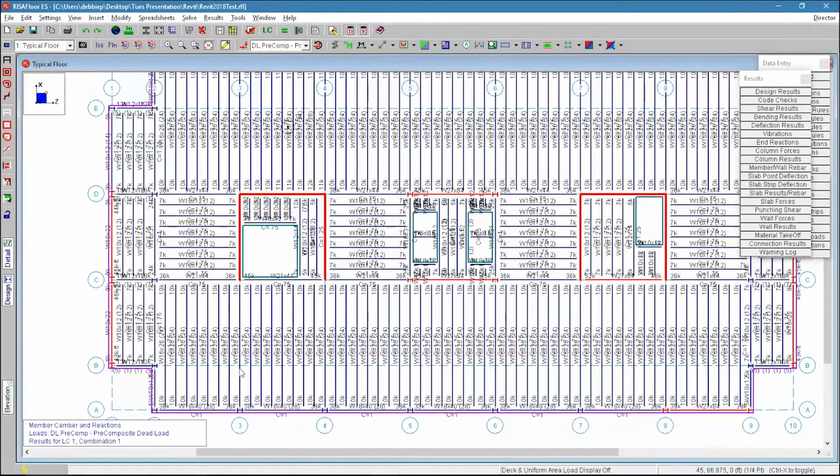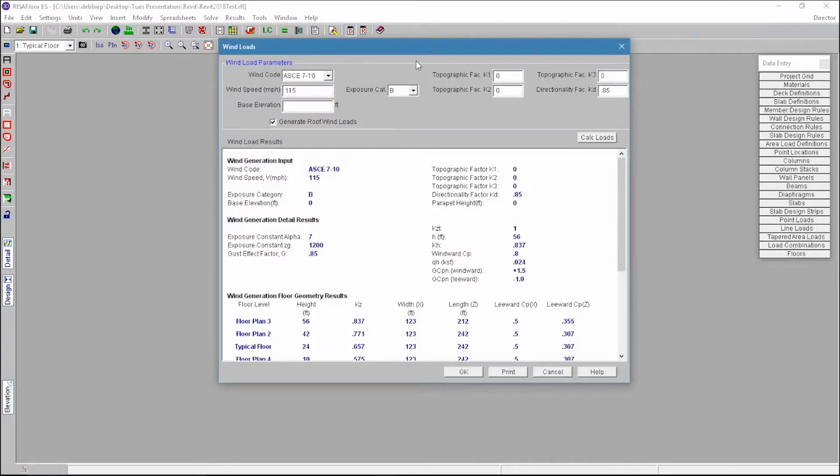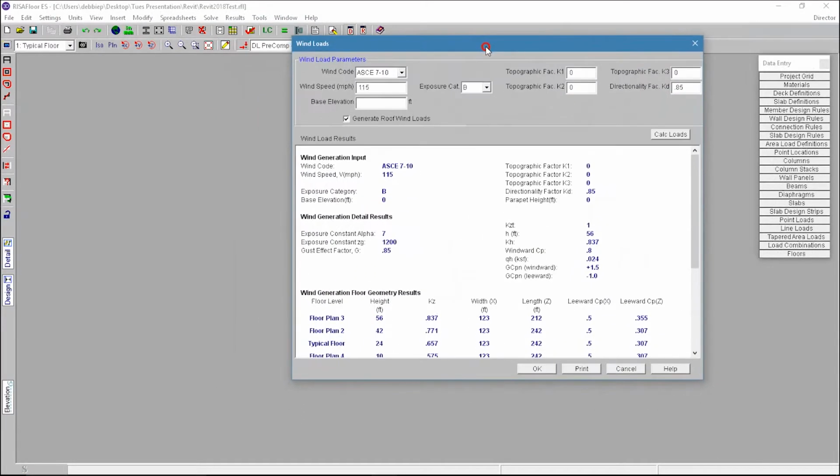So RISAFloor gives us all that information for the gravity. The red elements are the lateral elements. So those elements are what we're going to take to RISA 3D. Using the director tool at the top of the screen, going over to RISA 3D, I'm going to take all this information. The diaphragm design here is going to be carrying across. So if we're going to be rigid, flexible, or if we're doing semi-rigid diaphragm, all that's carried across, and